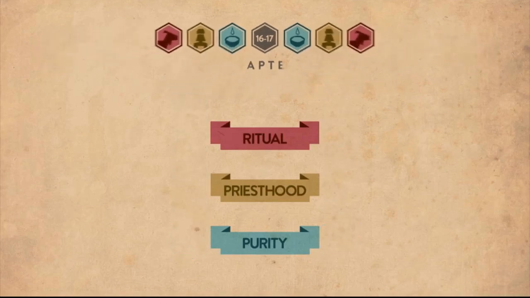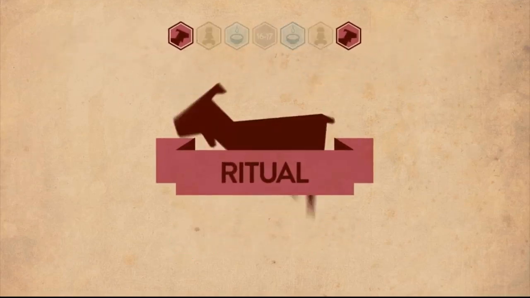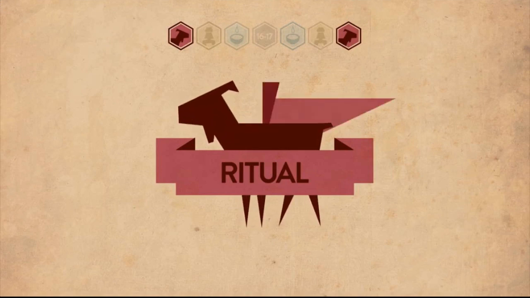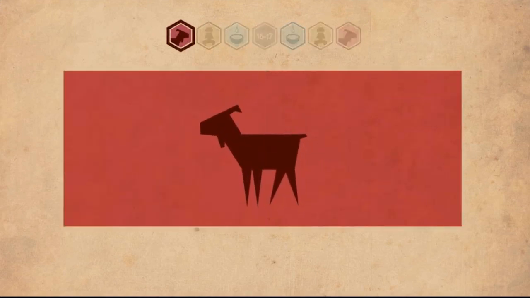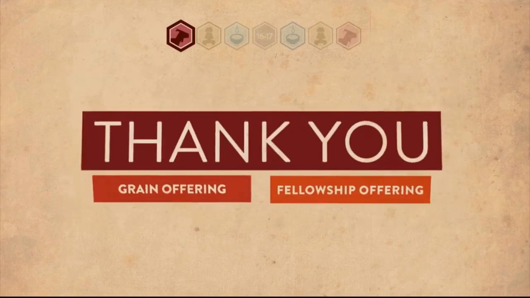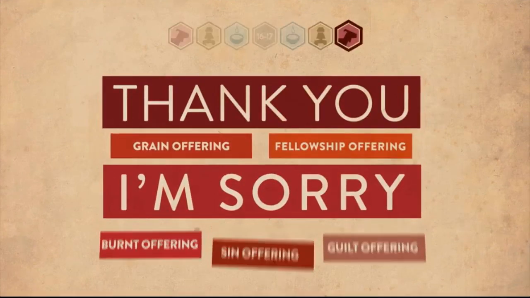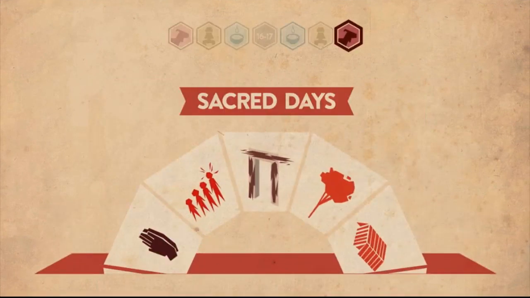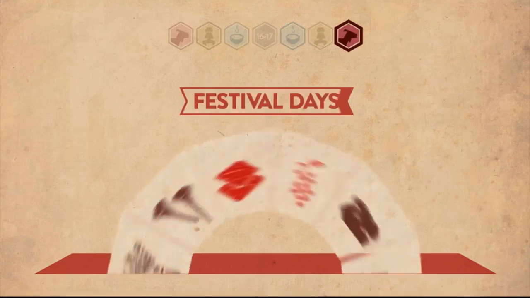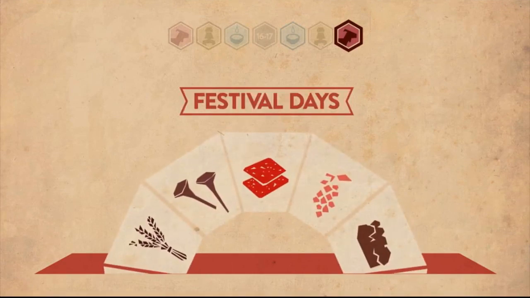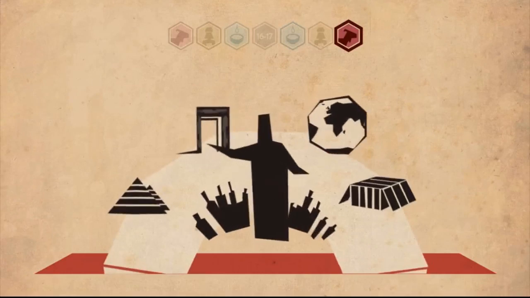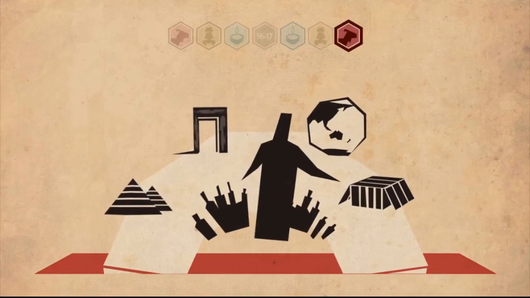Now, the first solution, rituals, involves a lot of animal sacrifices. And so Leviticus begins with detailed instructions for how to make these sacrifices. Some are ways of saying thank you to God, and others are simply ways of saying, I'm sorry. And here at the end of the book, there are some more rituals. These are about observing sacred days and festivals. They're all celebrations that retell some part of the story of how God rescued Israel and set them apart from